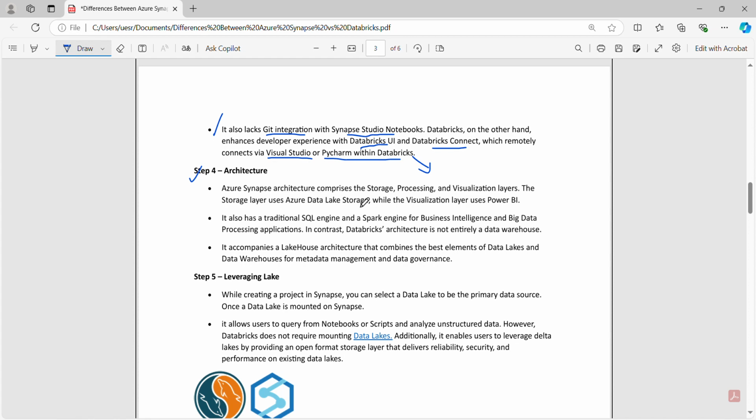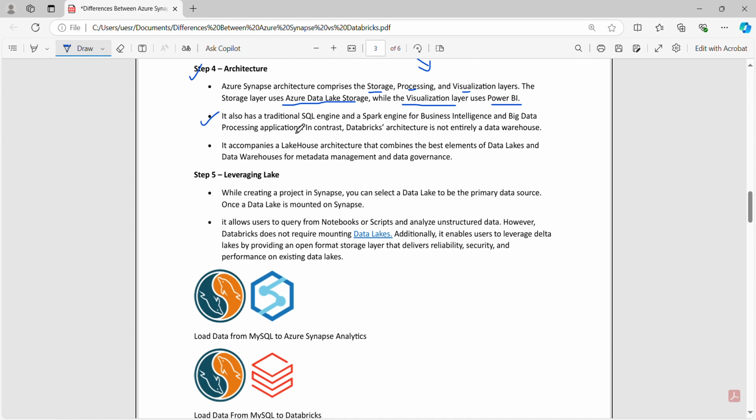Now let's go to the architecture. Azure Synapse architecture comprises storage, processing, and visualization layers. The storage layer uses Azure Data Lake Storage, while the visualization layer uses Power BI. It also has a traditional SQL engine and a Spark engine for business intelligence and big data processing applications. In contrast, Databricks architecture is not entirely a data warehouse. It accomplishes a lakehouse architecture that combines the best elements of data lake and data warehouse